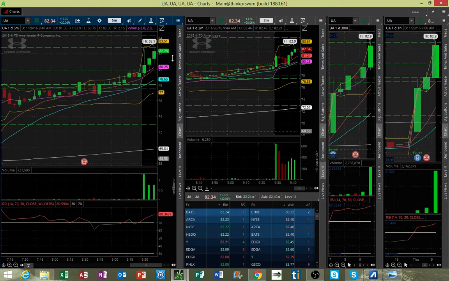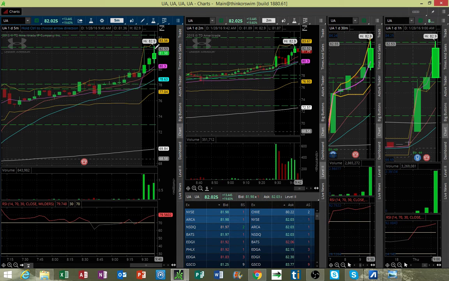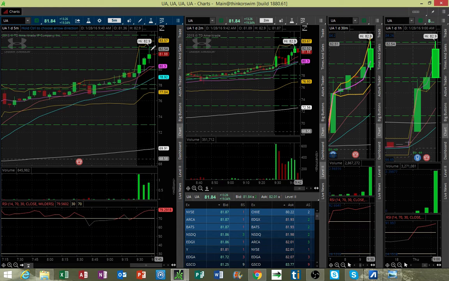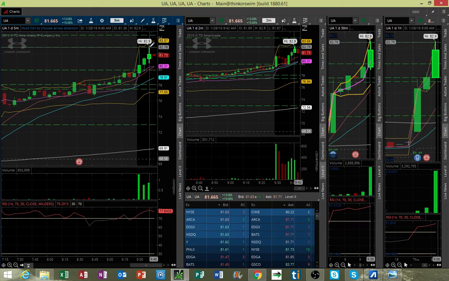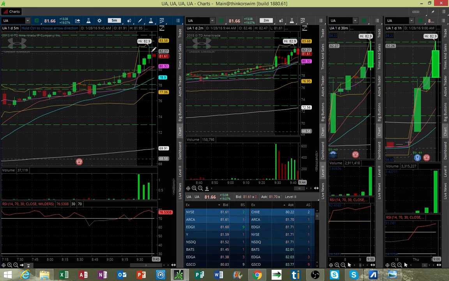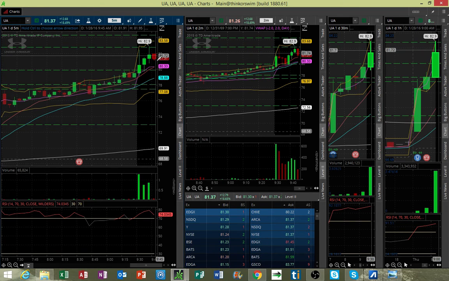My account was over twice the size that I normally have it. I had enough buying power to really size into this thing. But I went in 1,000 shares here going up. I was going to try to add 500. That would have just pretty maxed out my buying power. But I did catch 5 here, and